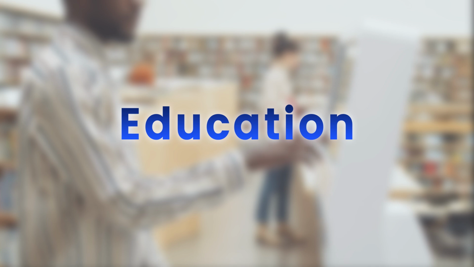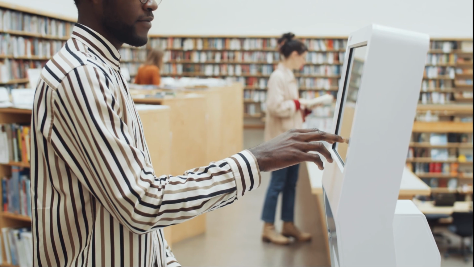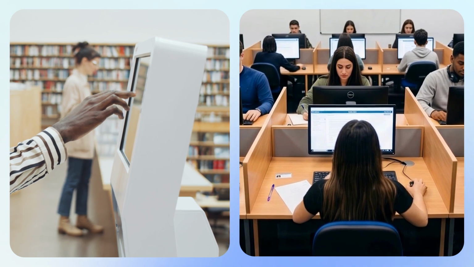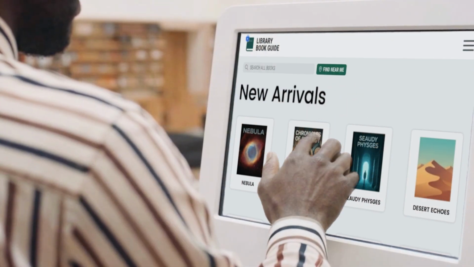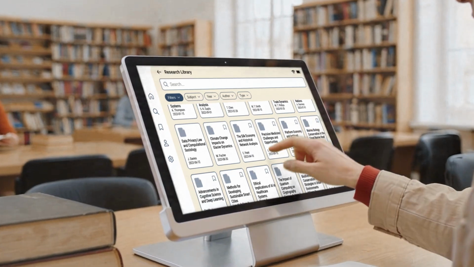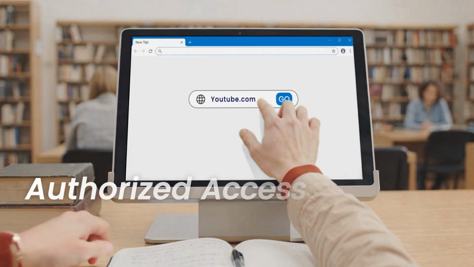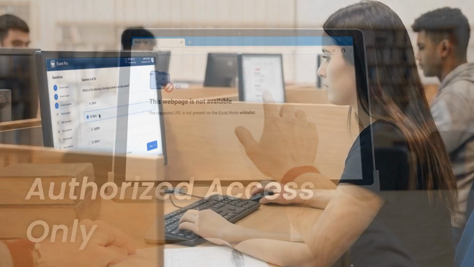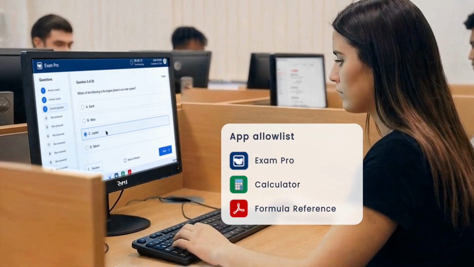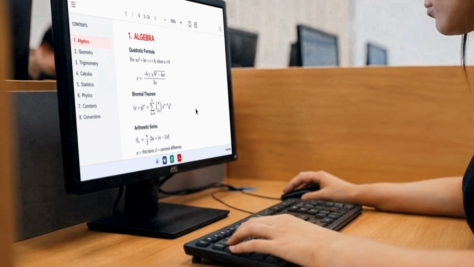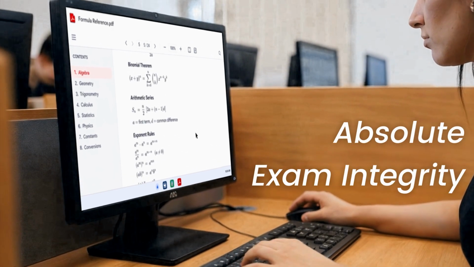In educational settings, multi-app mode is often applied to library terminals and examination devices, allowing students and staff to search catalogs, access research databases, and use productivity tools, while restricting access to unauthorized websites and applications. Devices can be configured for secure testing environments where only testing applications are accessible, ensuring the integrity of the examination